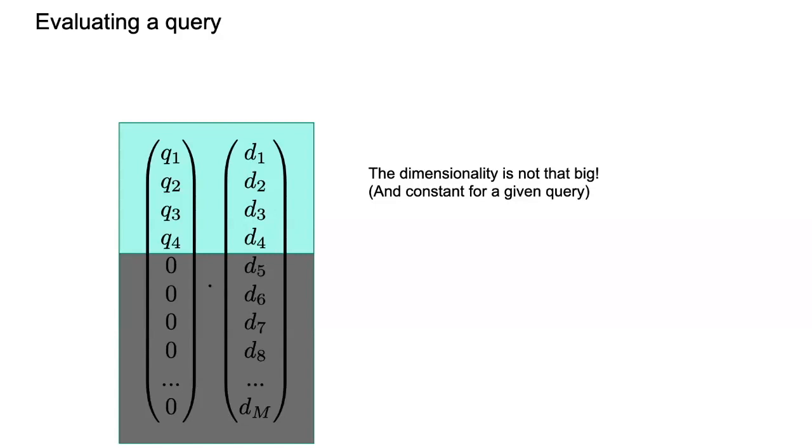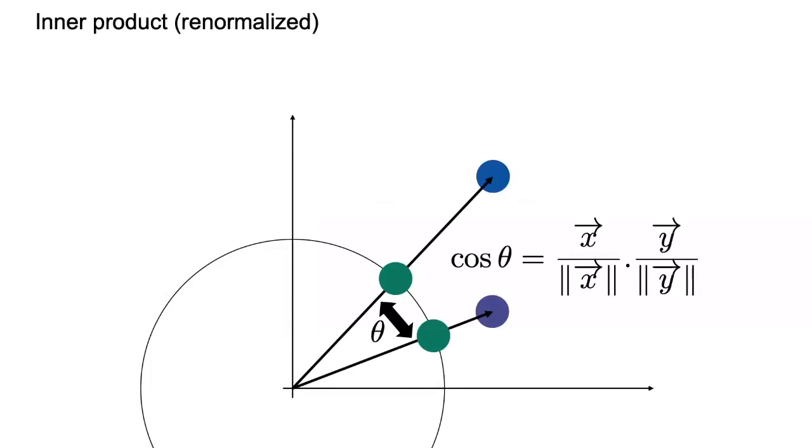That already is looking better. Right? Because now if the query has 4 terms, then we only compute the inner products based on these 4 terms. Okay, so this is reassuring because otherwise doing it with a billion documents multiplied by 1 million terms, that would have been close to impossible. Okay, so